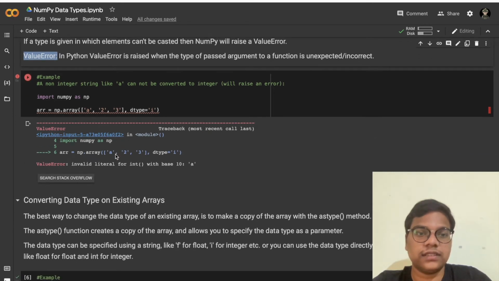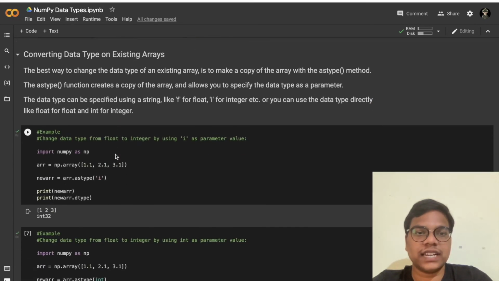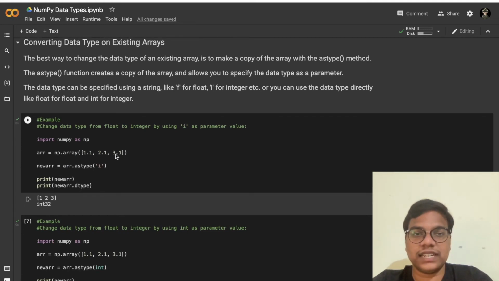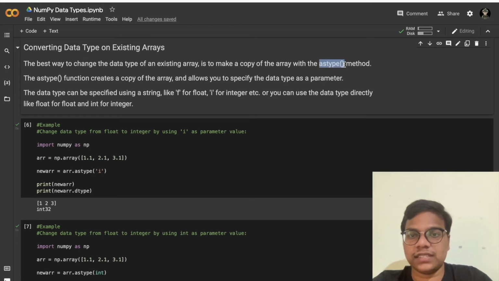Here you can see converting data type on existing arrays. The best way to change the data type of an existing array is to make a copy of the array with the astype method. That means with this method we can copy an array, right?